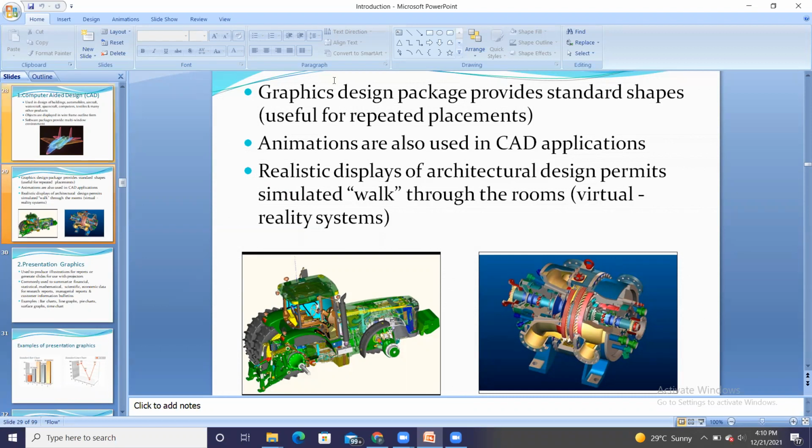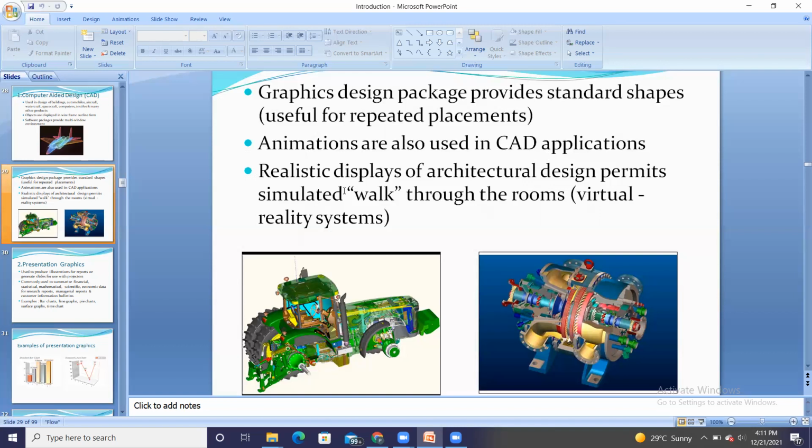These are the standard shapes already available in the graphics package of computer aided design. Then animation is also used in CAD applications. We can view the working of any particular part, the working of the design, using animation in CAD.